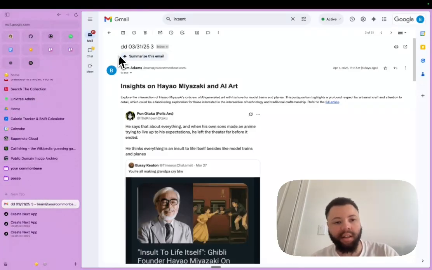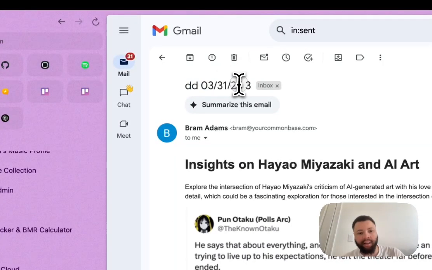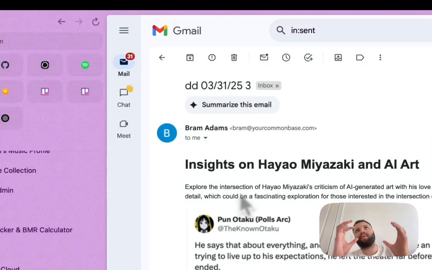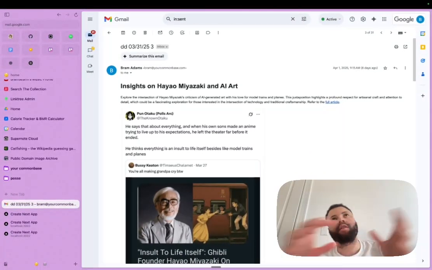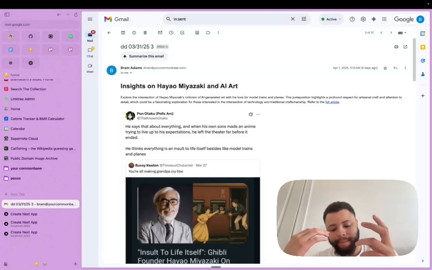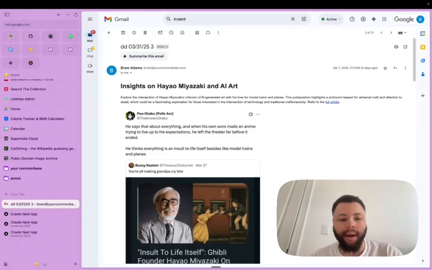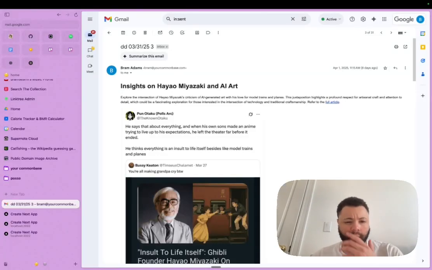So basically what Daily Digest does is it takes a list of entries from the day, so in this case March 31st 2025, and then it takes those entries and runs them through an orchestra of language models to extract interesting entries to talk about, and then it goes to another language model that does a combination of a search lookup within your Commonbase and then one on the internet, and then it combines those two in an email newsletter format. So this is the result of what we're seeing here.